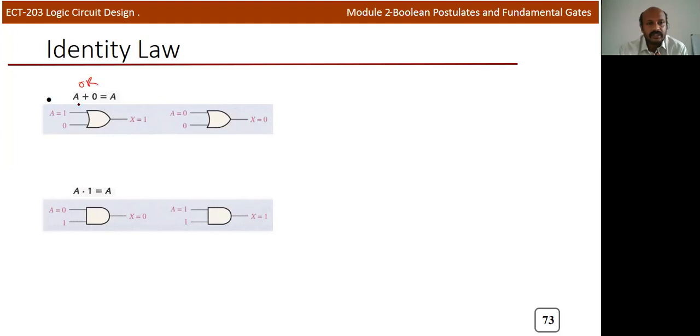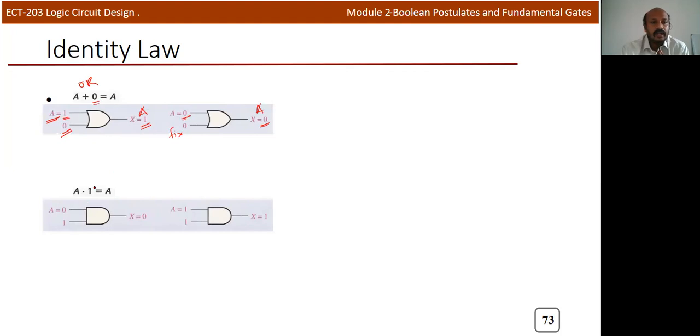It's actually OR operation. If you perform OR operation like this, one input is a. So for example, assume that a is equal to 1 here. And the other input is 0, that is fixed. If you OR with 0, you will get exactly the input. Here you are getting output is equal to 1, which is same as a. Here assume that the other case a is equal to 0, the other input is fixed, that is 0, and the output will be 0. So here also you can see that which is equivalent to a. So that's why a plus 0 is equal to a.